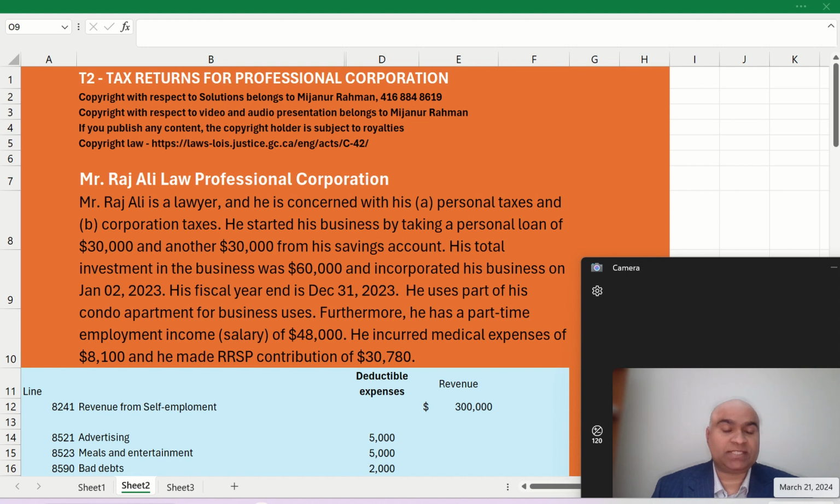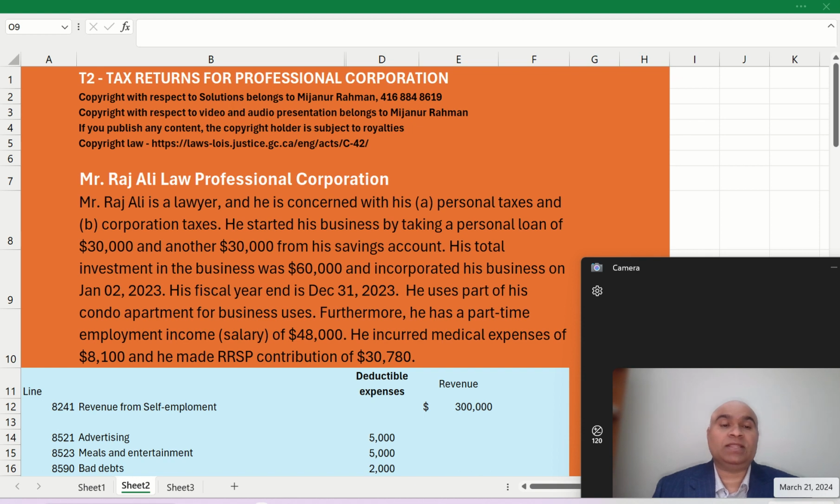a T2 tax return for a law professional corporation. In fact, it is the same for almost every corporation. There isn't much difference other than issuing common shares. So the professional corporations are restricted to whom they can issue common shares to. So that's the only difference with respect to